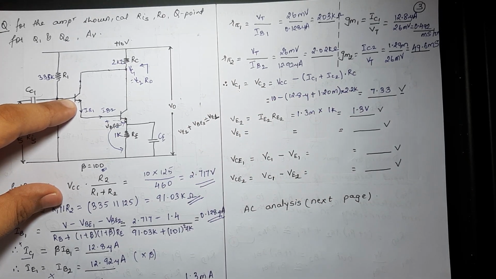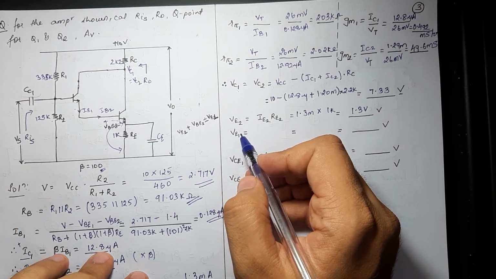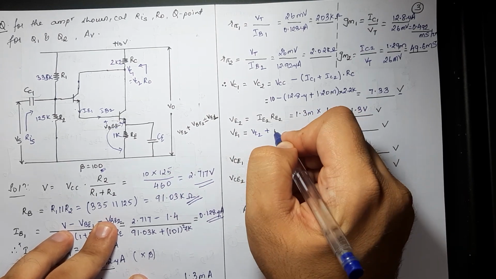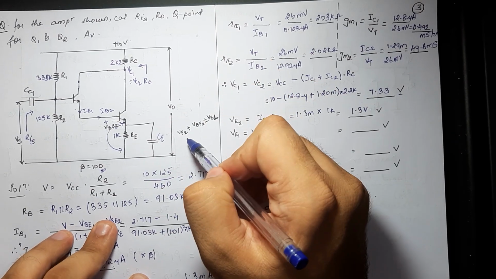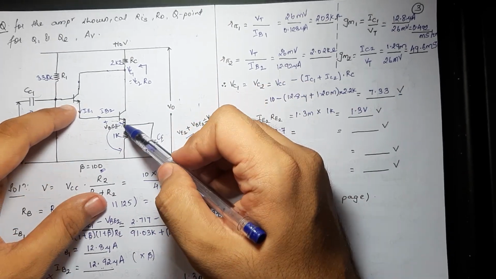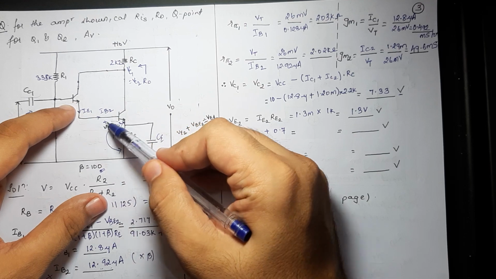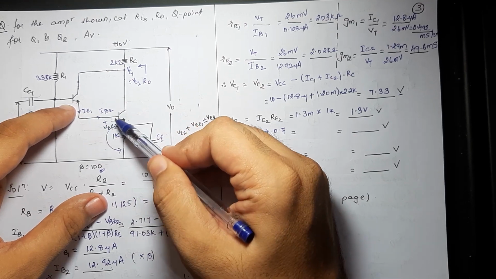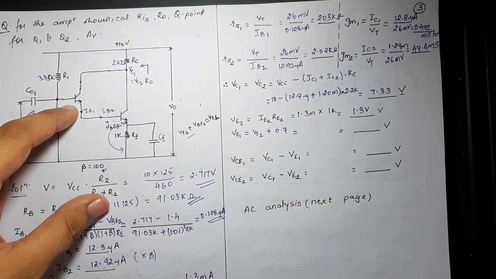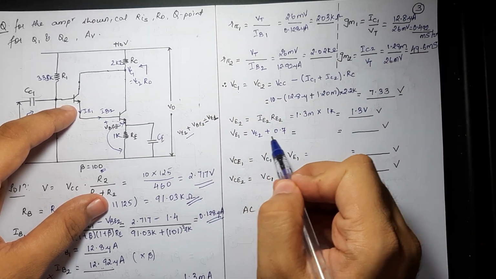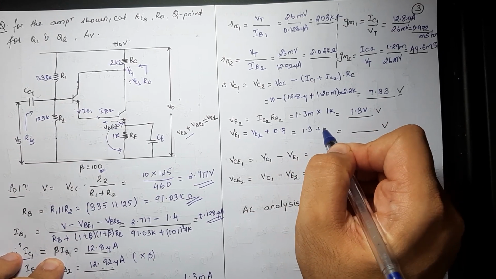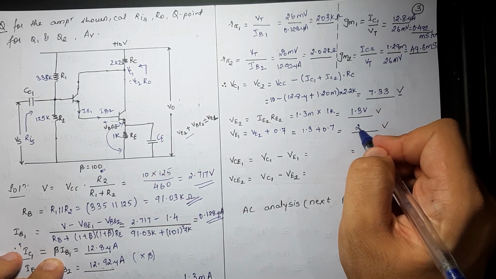Hence, the formula for VE1, which is the most crucial part over here, becomes VE2 plus 0.7. Or if you don't want to get into this equation complication, you can simply assume that you want a voltage over here, you want to start your journey from here, just add the voltages that you're having in line. The only voltage that you have in line is VBE2, which is nothing but 0.7 for a silicon transistor. So yes, your value would be VE2 plus 0.7. The value of VE2 is 1.3 plus 0.7, the value of which I am receiving as 2 volt.